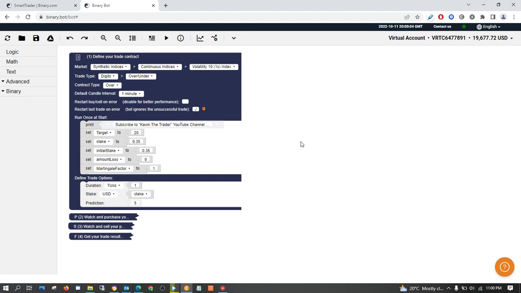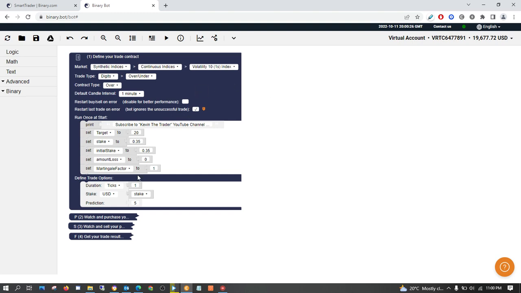So the other one that we did was if you want to grow your account from anything above $10 to $50. And in this one, if you want to grow your account, you have at least $100 in your account.